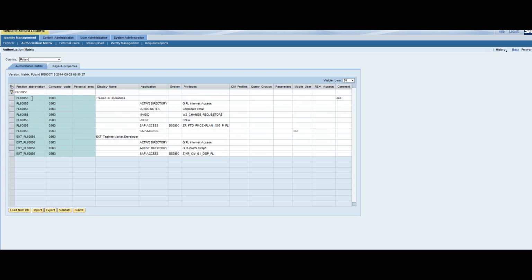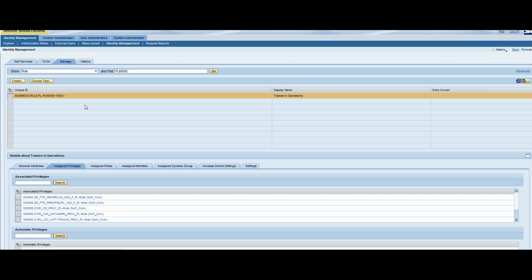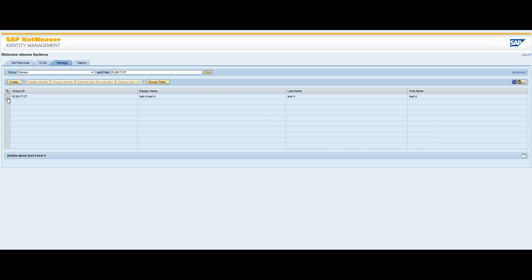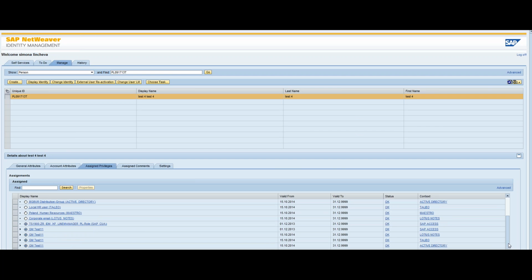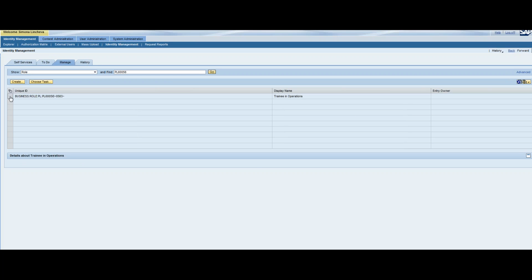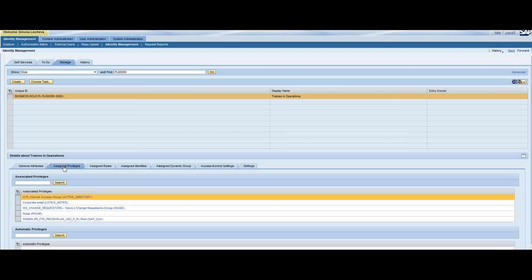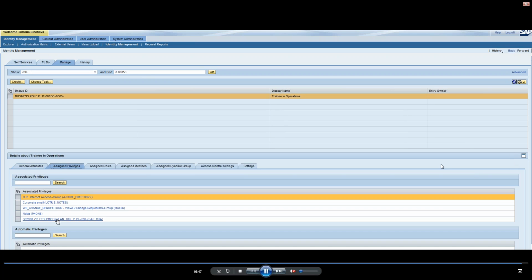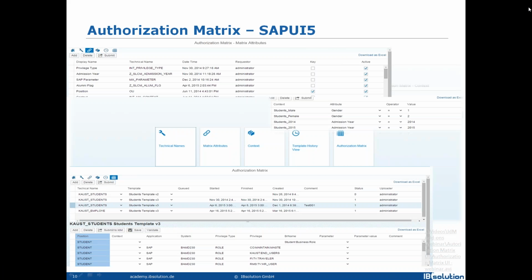And here is the new access we have in this business role. After the processing of the matrix is done, the business role will be automatically updated in IDM, and the user access will be updated. The old one will be removed, and the new access according to the new authorization metrics will be provided to the backend systems. As you can see, the business role was updated already.